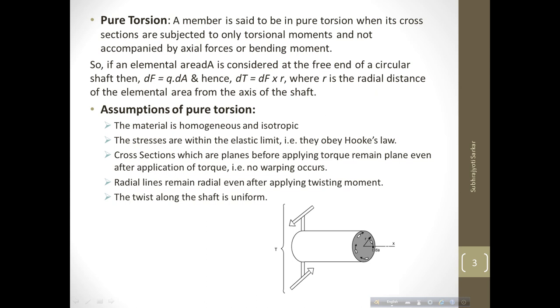Now what are the effects or applications of torsion? The main application of a shaft in torsion is to transmit power. Shafts transmitting power from the engine to the rear axle of an automobile, from a motor to a machine tool, from a turbine to electric motors, etc., are various examples of shafts which are in torsion and which deliver the power. We'll go into the power in the afterward slides.